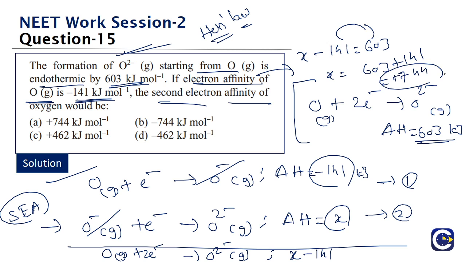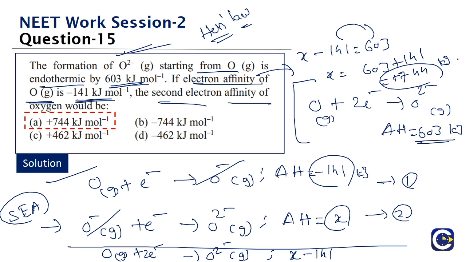744 plus it is going to be. So what is it? 744. So the second electron affinity is going to be highly endothermic. See, the first time when you are adding an electron to oxygen, energy is released. The second time when you are trying to add an electron, you have to supply a large amount of energy. How much energy do you have to supply? Plus indicates what we have to supply, that much energy. We have to supply 744 kilojoules per mole.